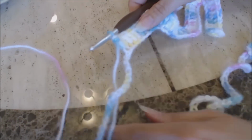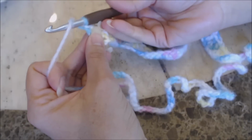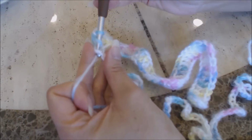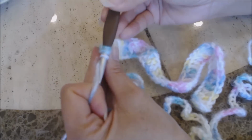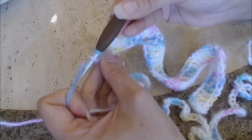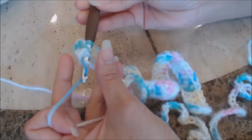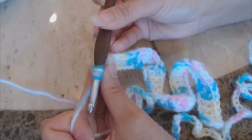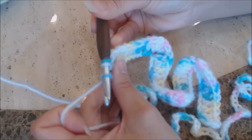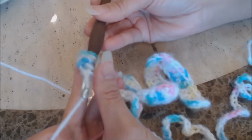Now I'm going to make the valley with you again. So you're going to yarn over, go into the next stitch, bring up a loop, 3 loops on the hook, yarn over and go through 2. You have 2 loops left on the hook, yarn over, go into the next stitch, bring up a loop, 4 loops on the hook, yarn over and go through 2,